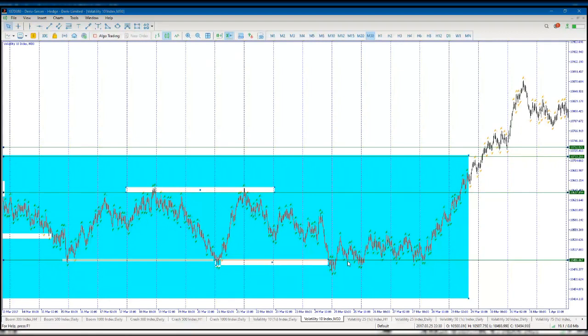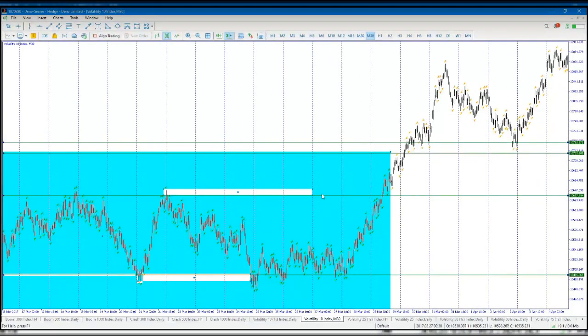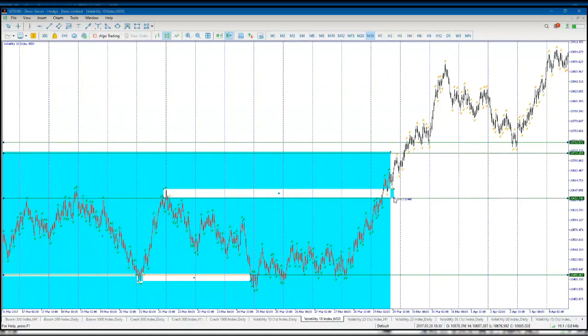Price came to create another low. And then you will be looking at somewhere around this place now as your POI, isn't it? But price came and took out that last lower high, which signifies what? When you notice this, what does this signify?